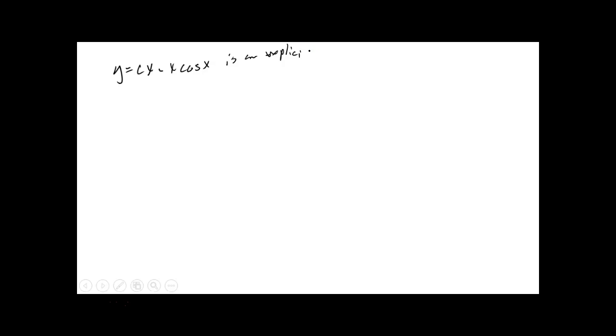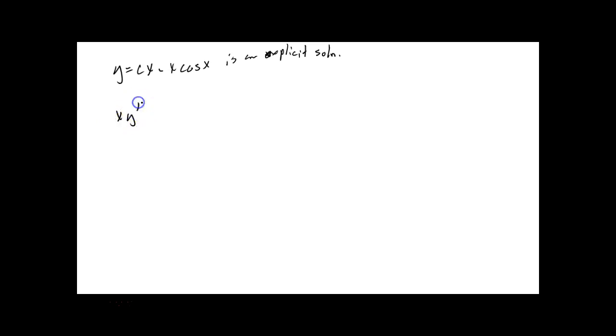Okay. What do we mean by explicit solution? Y, single variable y, equal to a function of x. No y's over here at all. That's explicit, what we were talking about before. It is an explicit solution of this linear first order equation